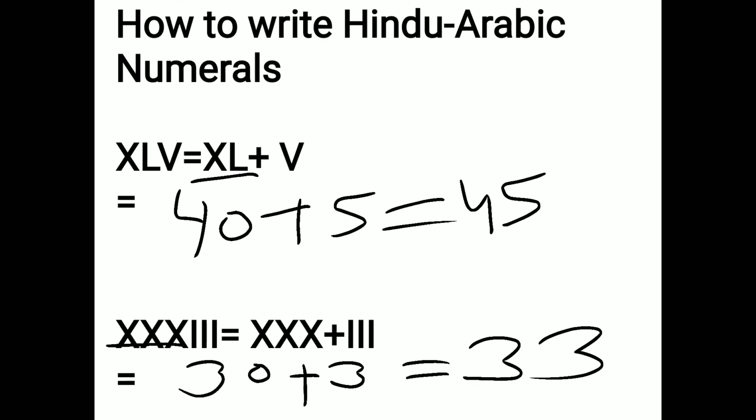So students, today you learned how to write and read Hindu-Arabic numerals and Roman numerals. I told you there are 7 basic Roman numerals. With the help of those we make other Roman numerals, and we can't repeat any Roman numeral more than 3 times. Secondly, if we write any smaller Roman numeral on the left, then we subtract. If we write it on the right, we add.